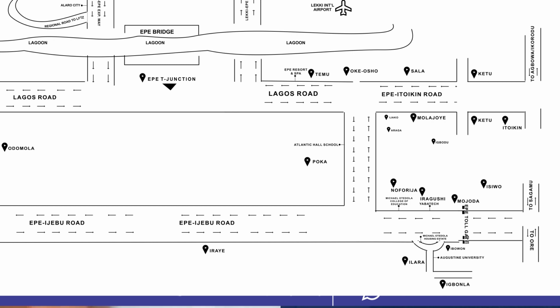And also, because there is a toll gate in Epe, as shown here, there's a toll gate after Mojoda. The government will be tolling it, so they will be charging people that are going to be using that toll gate. So if you want to go from Epe, access Ijebu Ode Road, you have to pay. So there will be an alternative route in Igbonla. For people that don't want to pay on the toll gate, they'll be taking that Igbonla road to enter the Epe-Ijebu Ode. Although they have not done that road now, but they will do it. So you can position yourself there early enough.